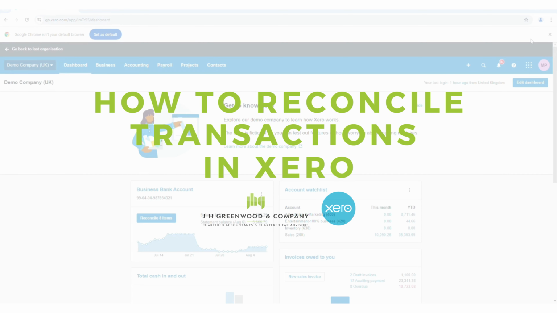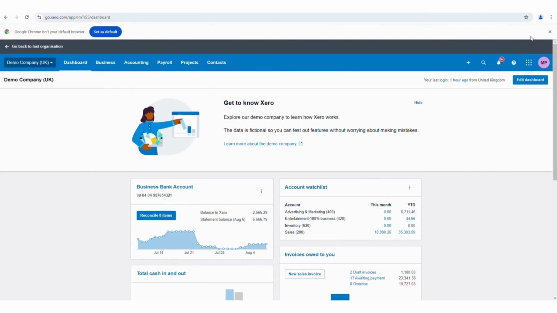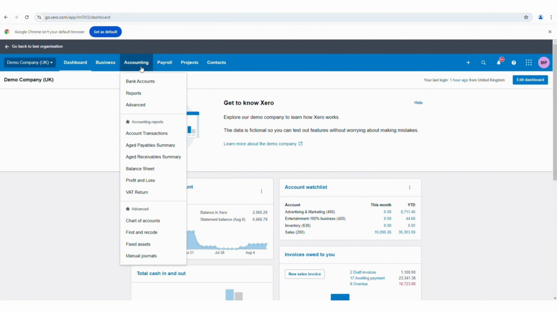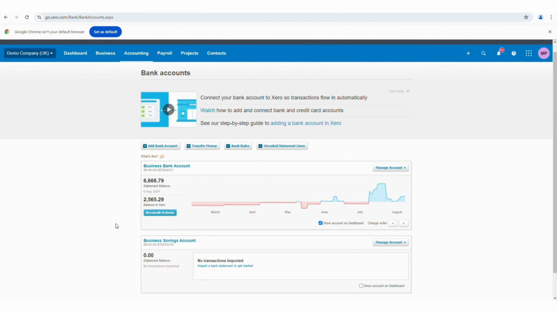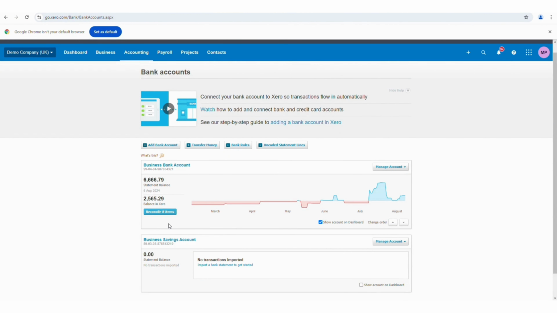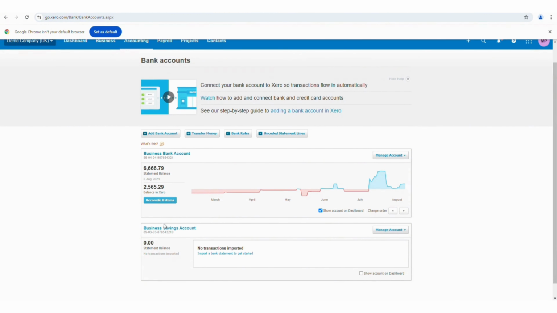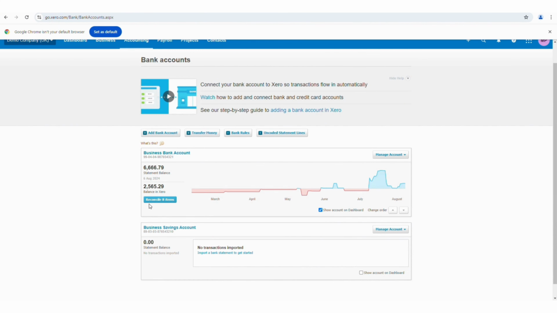To be able to reconcile the bank transactions in Xero, when you're logged into Xero, you will need to go to the accountant and then go to bank accounts, and you will click on the bank account that you wish to reconcile the transactions on. You will see that there are 8 items to reconcile. So if you click on that,